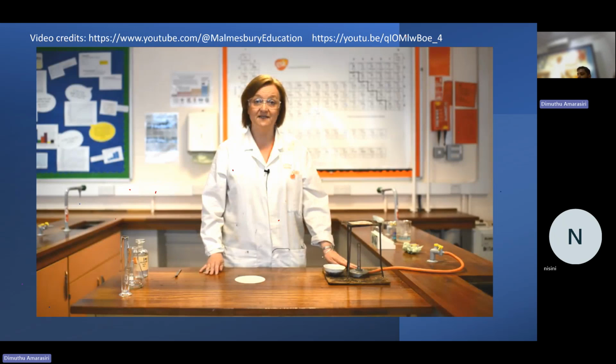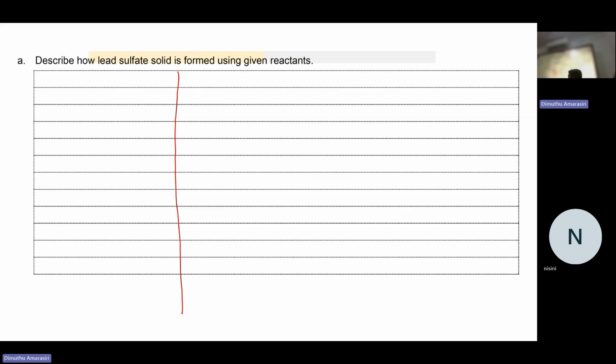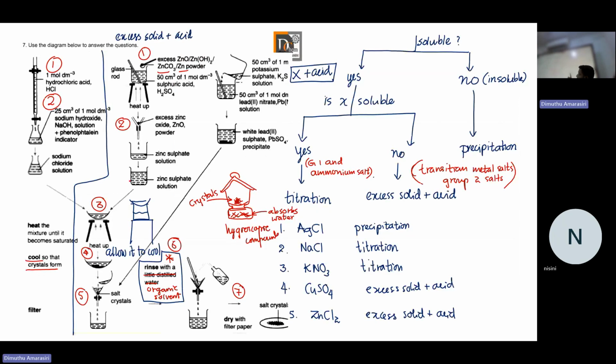But don't worry, I'm not going to put you in trouble. You have this diagram over here, the central part with the step sticker. You have to put zinc oxide, zinc hydroxide, zinc carbonate, anything, doesn't matter. Why? All of them react with sulfuric acid to give zinc sulfate. In your step one, you're adding excess of any of those, even zinc powder is all right.